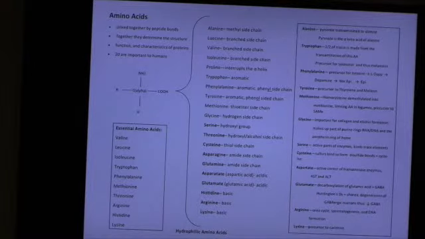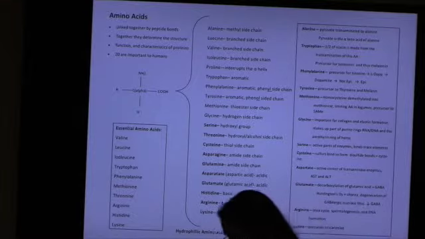Alanine can be transaminated to pyruvate. Okay? Make sure you know that. So we can make pyruvate from alanine. Okay? Leucine, valine, and isoleucine are your what? Branched chain amino acids. Good. Proline. What's special about proline? Two things.